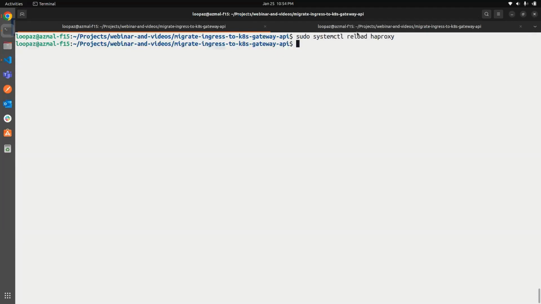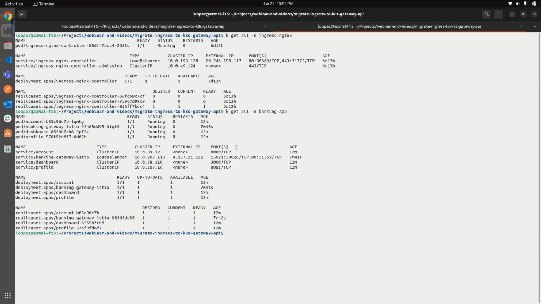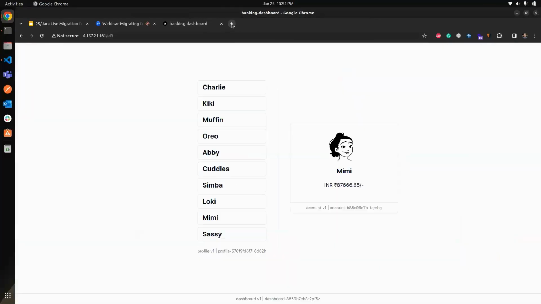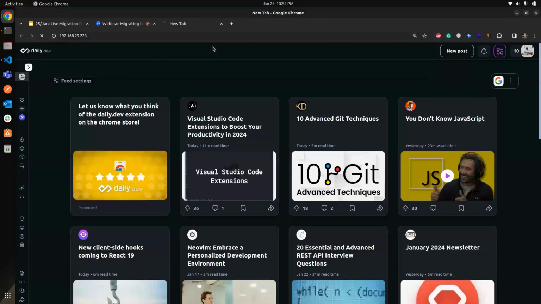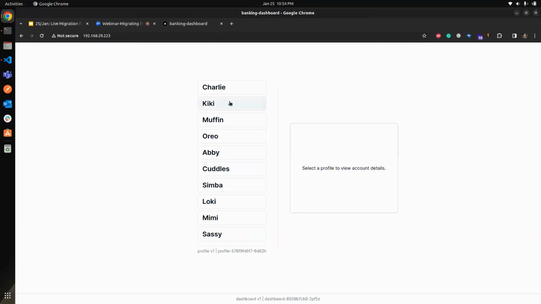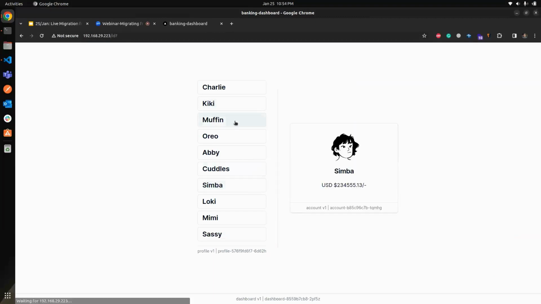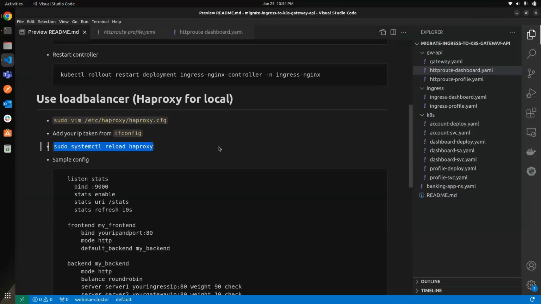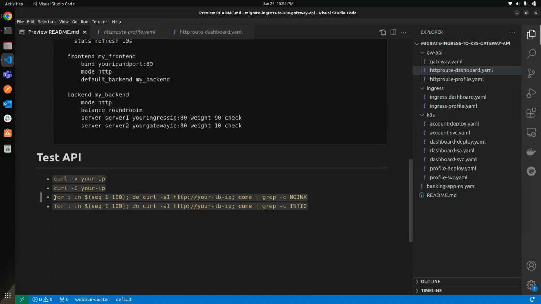Now, whatever my IP was here for the wireless LAN is now serving me the application. So if I simply go to that IP, I should be seeing my dashboard. Okay, it's working. But now you don't know where the request is essentially ending up. For that, we have already applied the load balancer, but let's test it out as well. So you can simply run